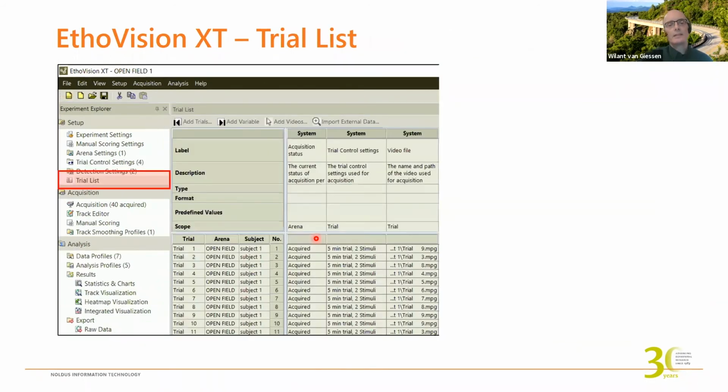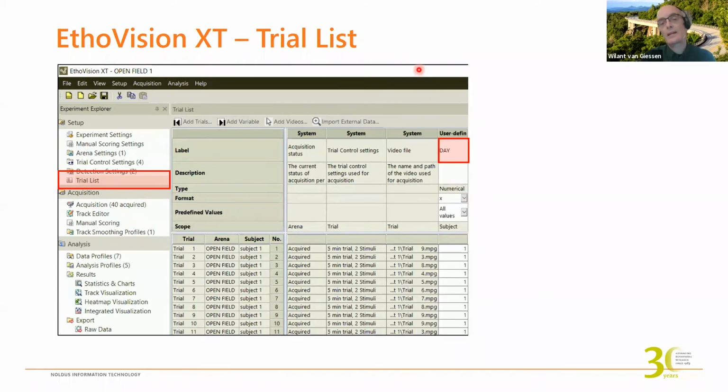Now, this is really important, the trial list. I do tech support, so I see a lot of people. Every now and then you come across people who send you backup files of their experiment and they haven't used the trial list at all. Now, that's not illegal, but it sure is handy for experimental design and export, and in fact, making data profiles